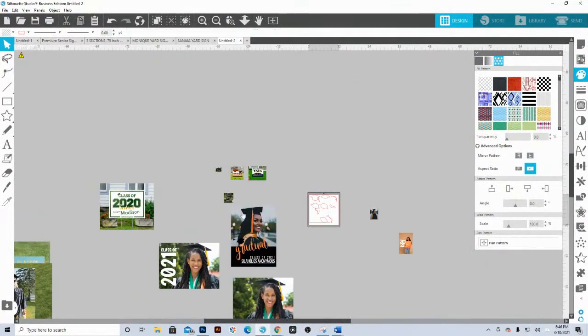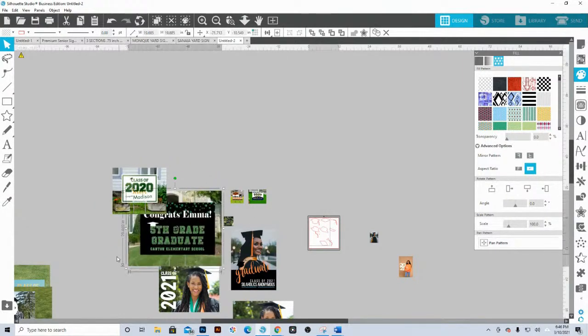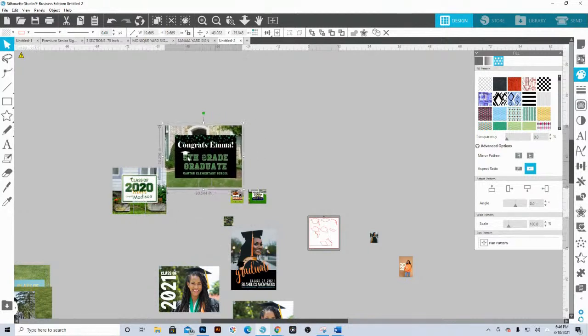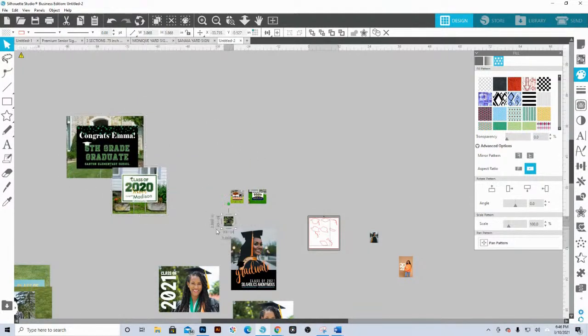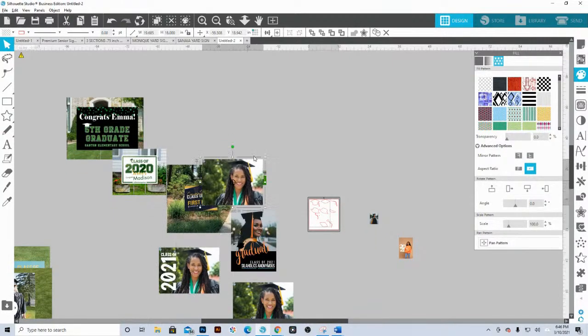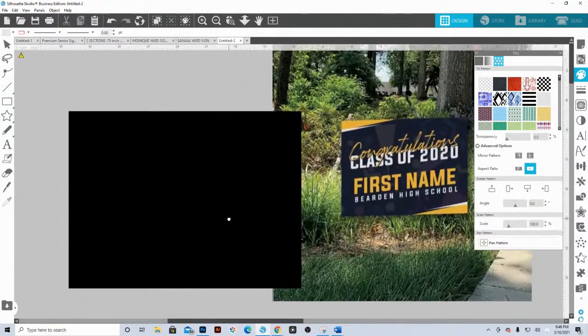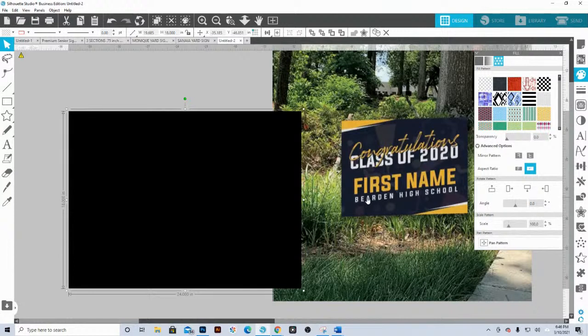So we've done those. Now let's do, I guess let's do this one. This one's pretty easy here too. So let's bring this up. We're going to recreate this one. So it looks like it has some sort of background to it. You can do different backgrounds. And then for the stripe that is here, we're going to